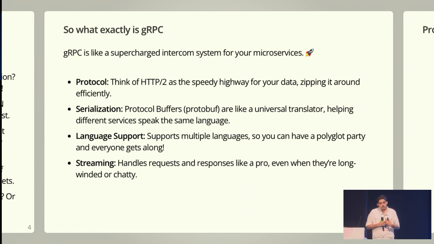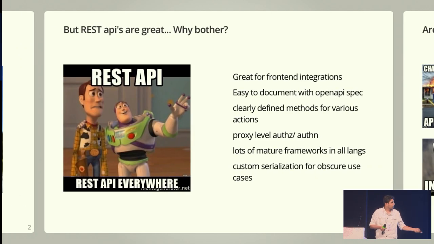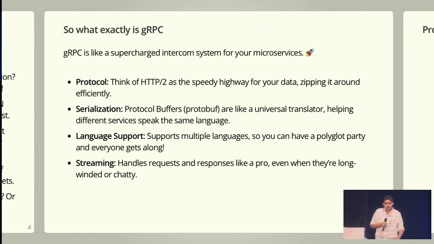So what does gRPC bring to the picture, and where is it used? As I said, front-end integration is usually still not an option for gRPC, and it doesn't have to be. There is a place for everything in tech. gRPC mainly has two benefits. One, the payload you send is not going to be text or free-form data. You have to define the data types the way you define structs in C or Rust, or classes. Pydantic is a good analogy there. We'll come to that in a future slide. Then it's also on HTTP 2, so you have bidirectional communication, client-side streaming and server-side streaming, everything natively.